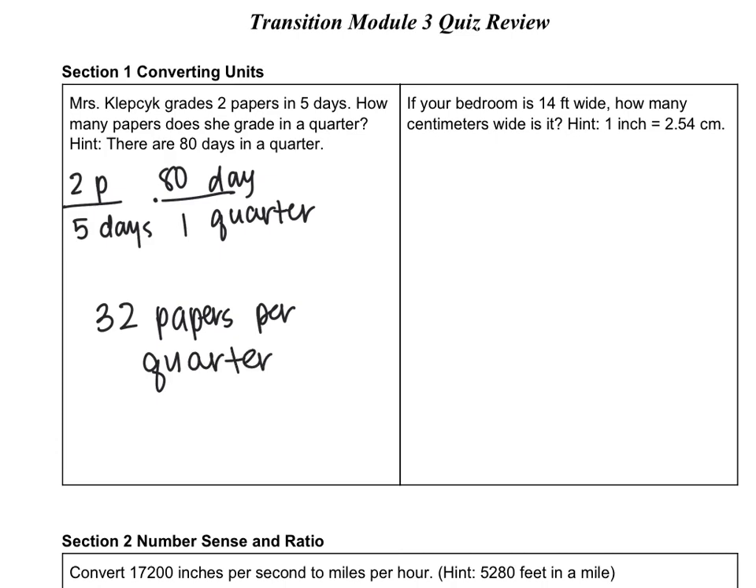Next, we have that if your bedroom is 14 feet wide, how many centimeters wide is it? Hint, 1 inch equals 2.54 centimeters. So we have 14 feet, and we want to convert it to centimeters. So 1 foot is 12 inches, and 1 inch is 2.54 centimeters. So it's important to put the unit you're trying to get rid of in the denominator of your fraction when you are converting. So 14 times 12 times 2.54, it is